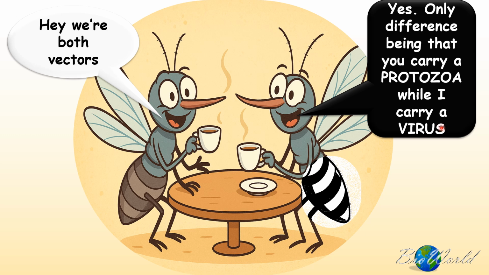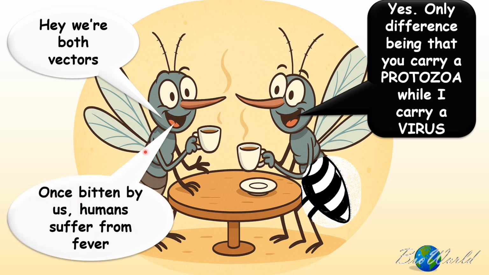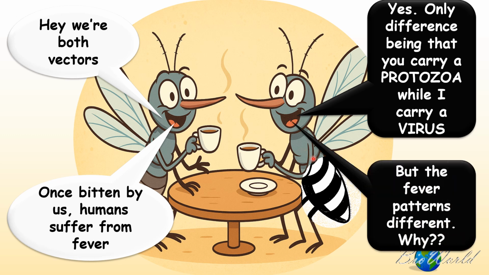the genus Flavivirus. Now, based on symptoms, both dengue and malaria are similar, where the patient will suffer high fever at 41 degrees Celsius. But the difference is that they have different fever patterns. So, in my next BioWorld video, I will explain why dengue has a 3-stage fever cycle, whereas malaria has a